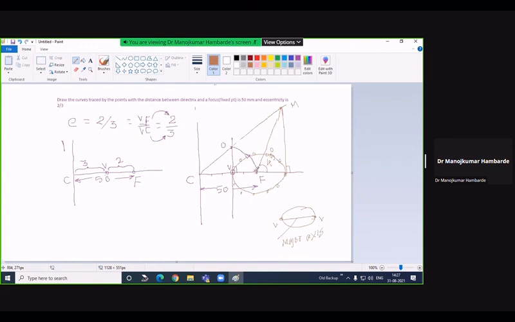So this horizontal travel, the horizontal distance from this end to this end, is called the major axis of the ellipse, and this vertical line is the minor axis of the ellipse. So here what we have done, we have found our major axis first. To get this major axis end point, I have taken a 45-degree angle from the focus,